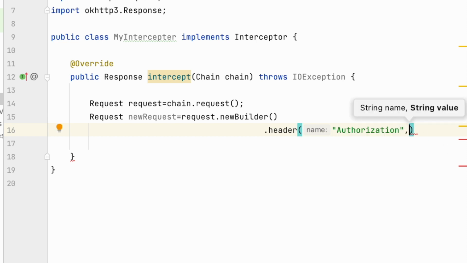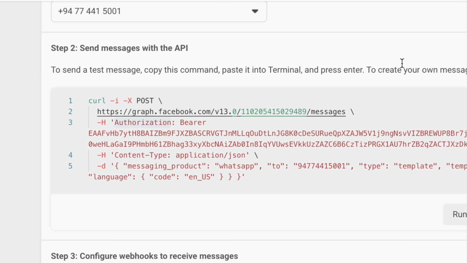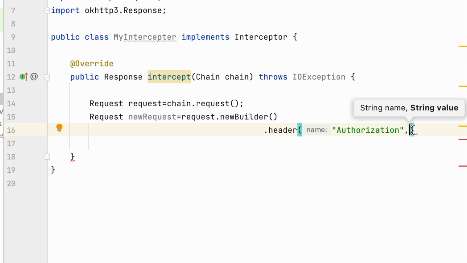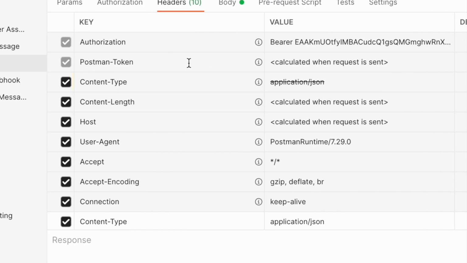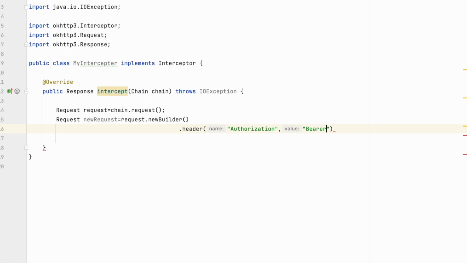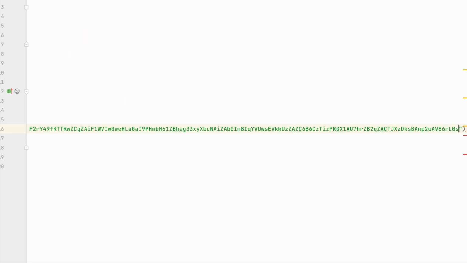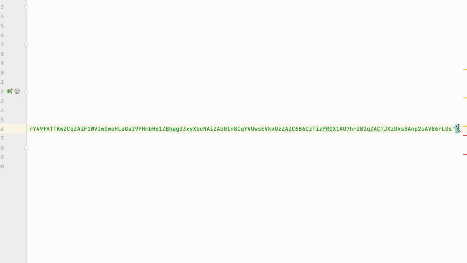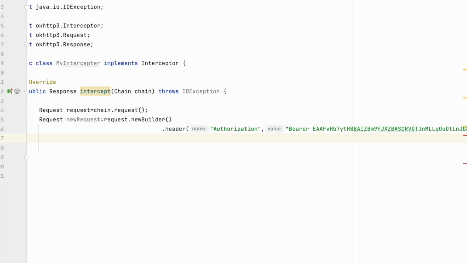and the second parameter is a value. In our case our value is this one, right? So in order to paste this one, you have to type Bearer, right? I just minimize this one. Actually that is called Bearer. Bearer, then space, then paste this one, right? That's okay. And after that I just hit enter,